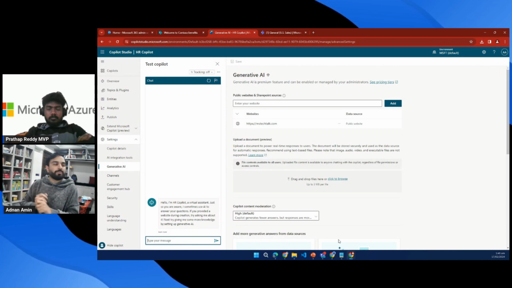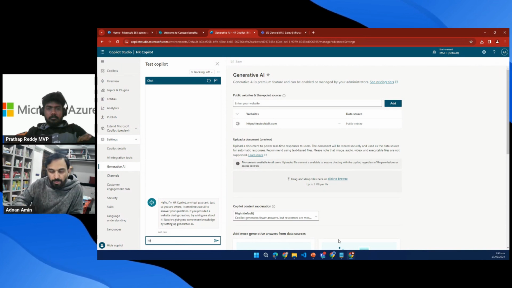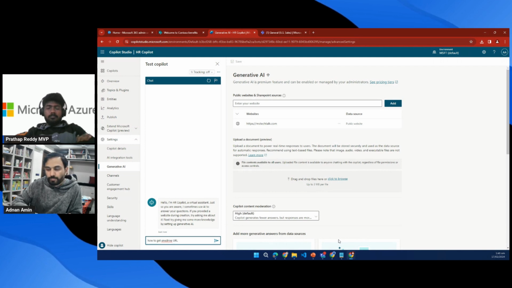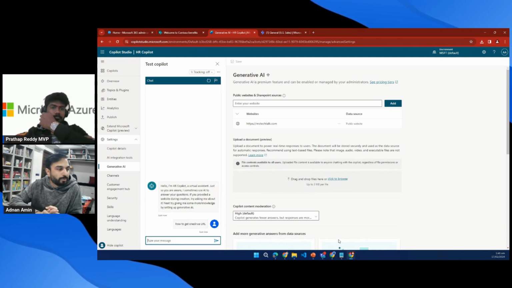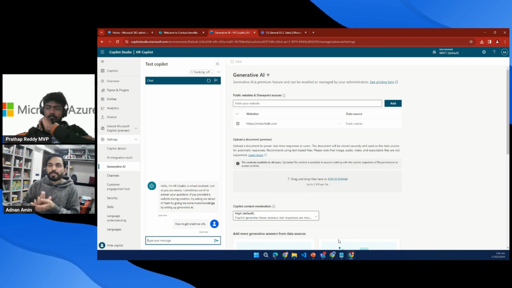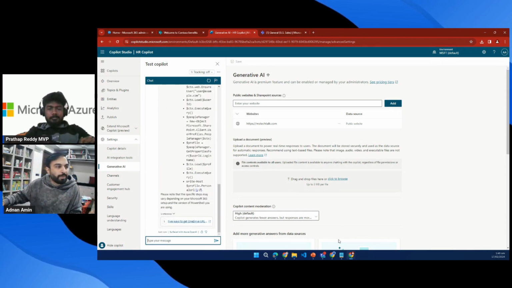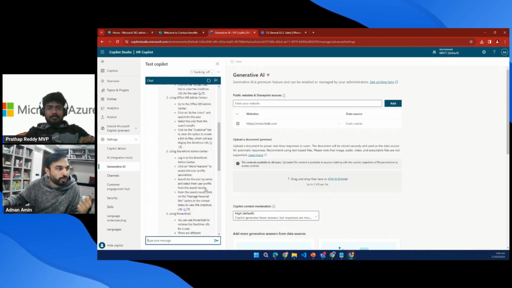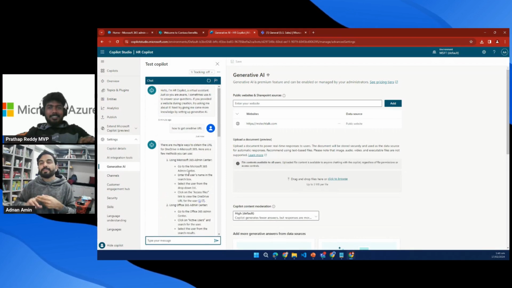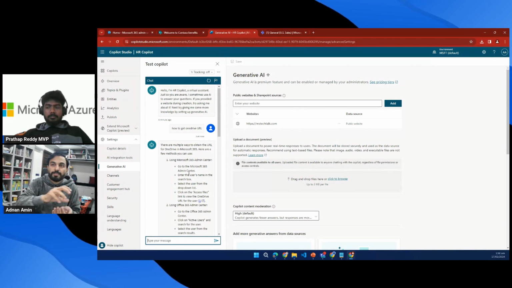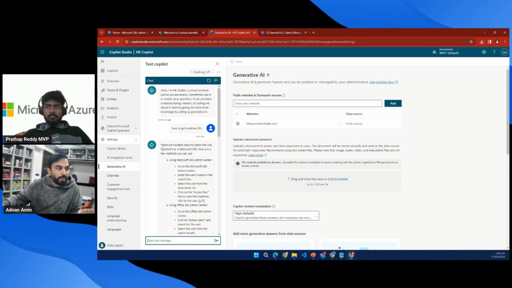I have a blog topic here. I want to search about how to get the fund drive URL. So you have seen that we just started the event, and I just created a Copilot. It fetched the information from my blog, and it is not just copying the information which I have written on the blog. It fetched the information, regenerated the text, and posted it here as what you might be looking for,